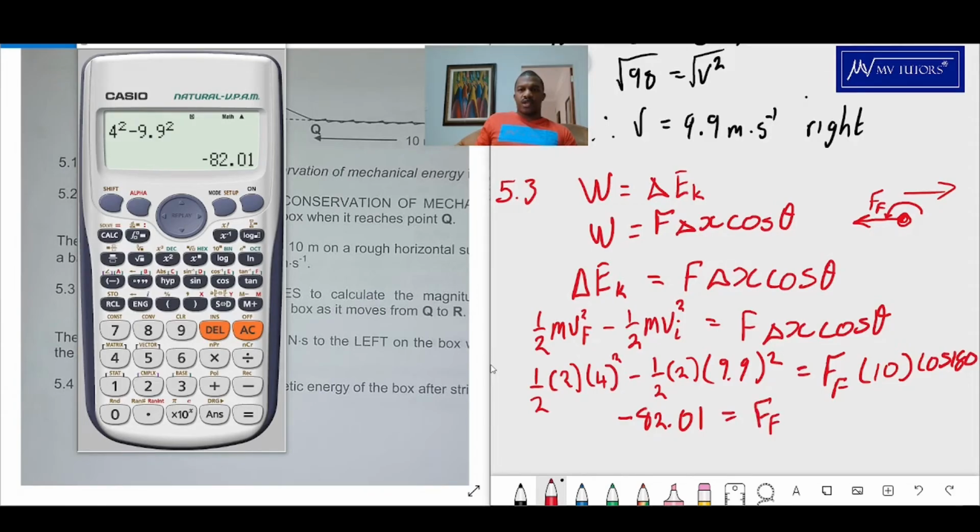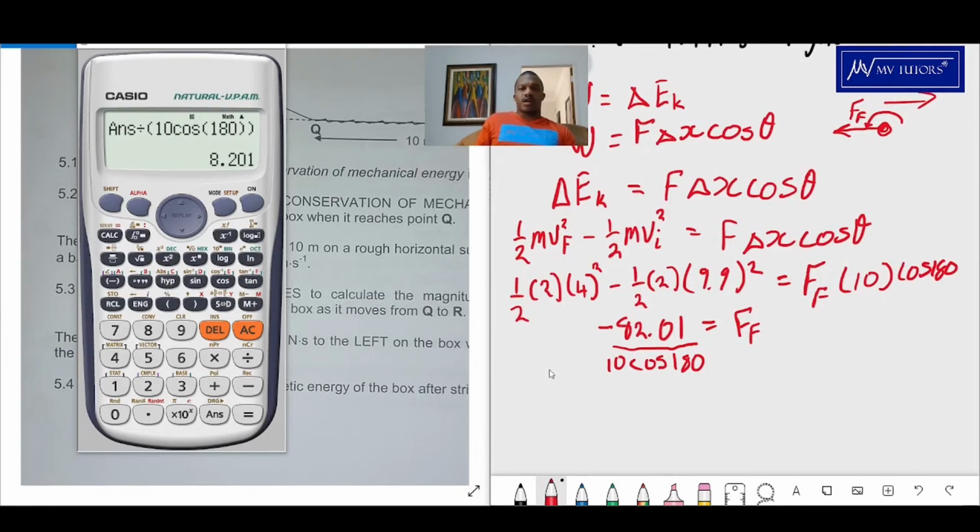friction force, and then I want to divide it by that. 10 cos 180. So I'm gonna say divided by, let me put it in a bracket, 10 cos 180. Okay, cool. And what's this equals to? 8.2. So I can conclude then and say the frictional force is equals to 8.2